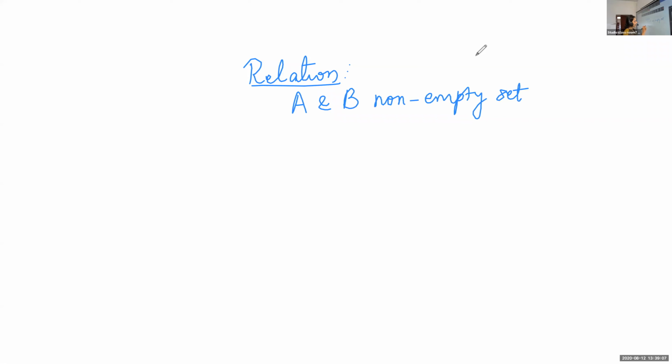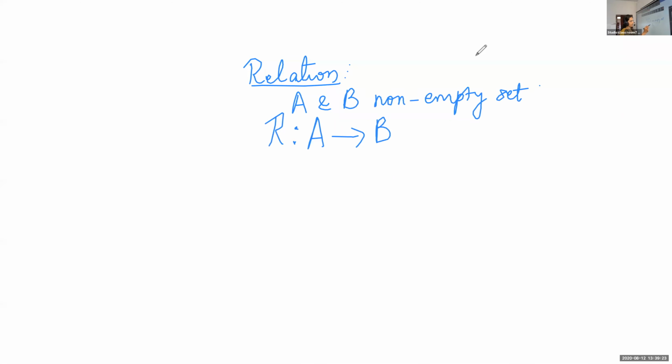Now, next definition we are going to learn. Listen, children. So, what is a relation? It is a subset of a Cartesian product. For defining Cartesian product, we need 2 non-empty sets. Okay, let A and B be 2 non-empty sets. Now I am defining the relation. Look at the notation I am using here. R, after this R, I am putting 2 dots. R is a relation from A to B.